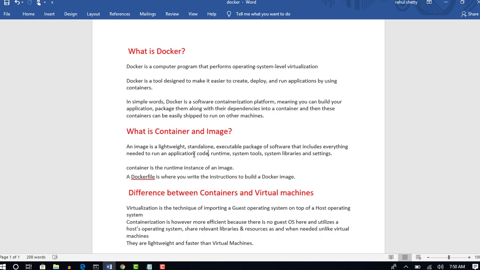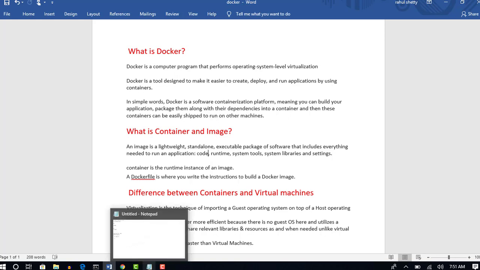Now, if we take automation testing as our scenario, Docker is not only made for automation testing. You can do a lot of things with this, but as a QA or as a test architect, our main focus will be on running our automation test cases. I'm explaining this concept from that point of view so that you will understand more easily.